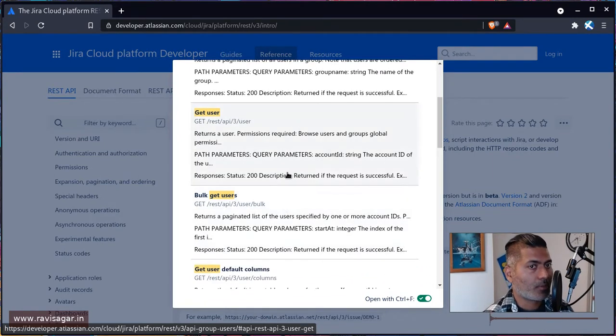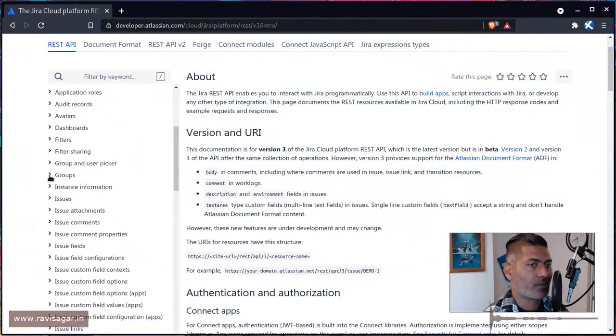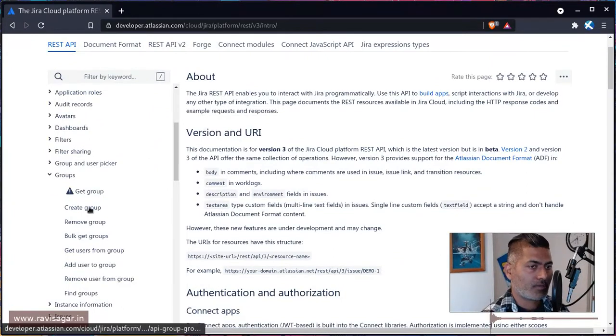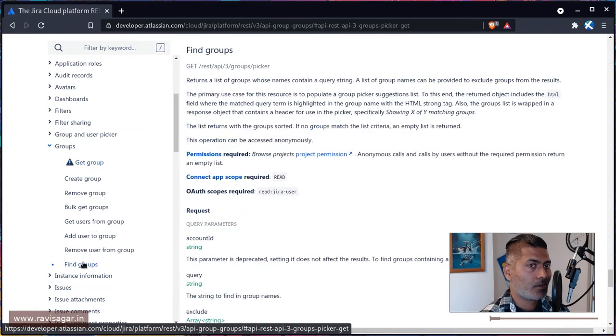This is of course just one example, and when you're working with REST API, you have to understand that there are different methods. If you're trying to retrieve something, like just retrieve the information that you can consume, you have to use the get method. And by looking at the endpoint, for example, let us take a look at the left hand side. Let us start with groups. Let us say you want to retrieve the list of groups. There is one endpoint which is now deprecated called get group, but I believe you can also use something like find group to do exactly the same thing, or maybe a bit similar.